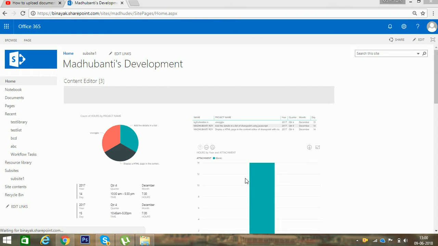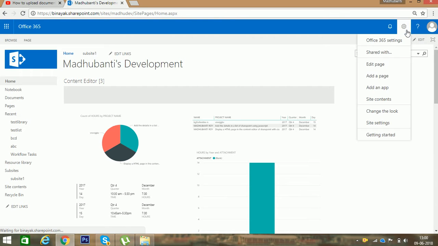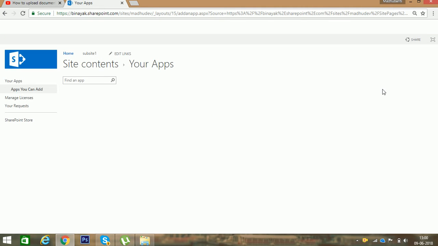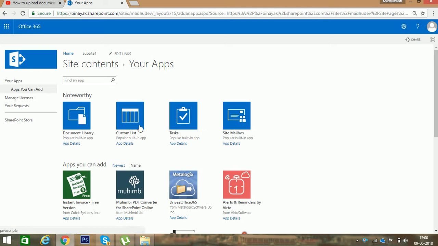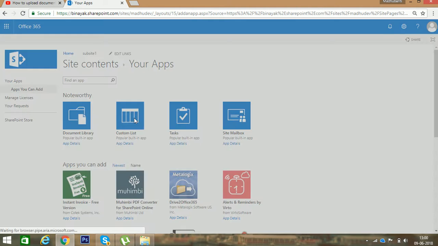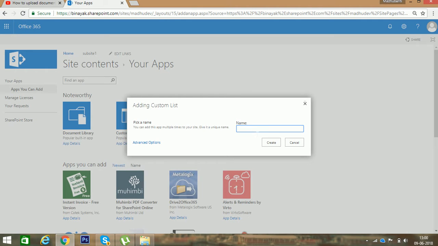First of all, we have to click on this setting and we'll find an option which is add an app. Click on it and you will get a page, and the second option is custom list. So, we have to click on this. I have to put a name. I'm giving testing and click on the create button,